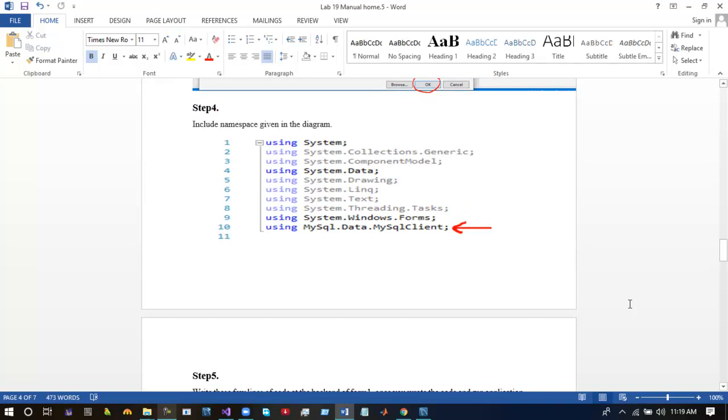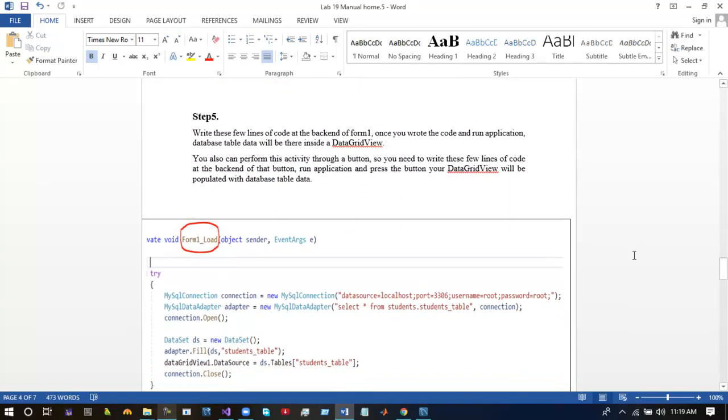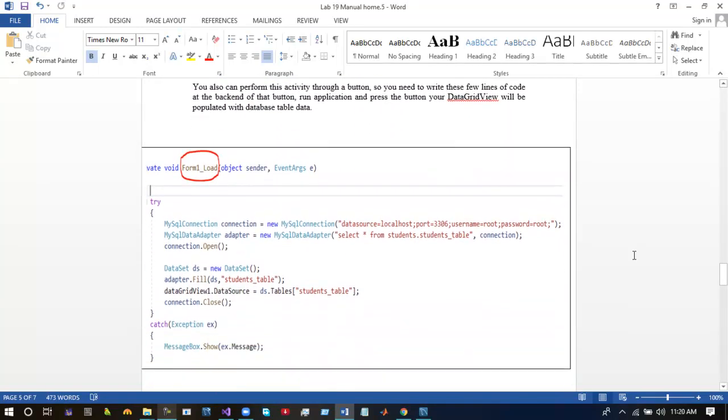Then in step number 4, you need to include this namespace: using MySQL.Data.MySqlClient. And in step number 5, we will discuss the code.